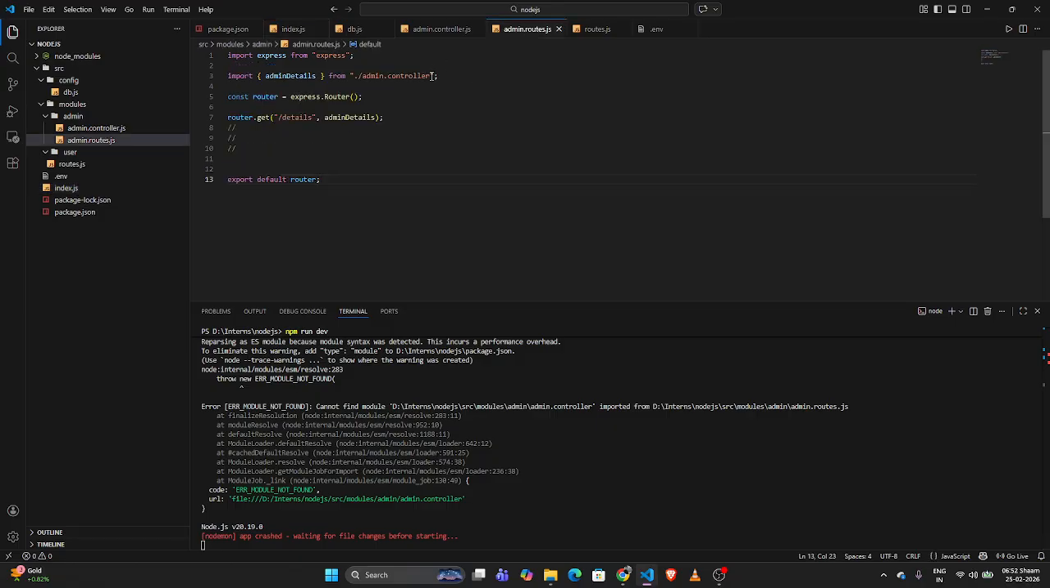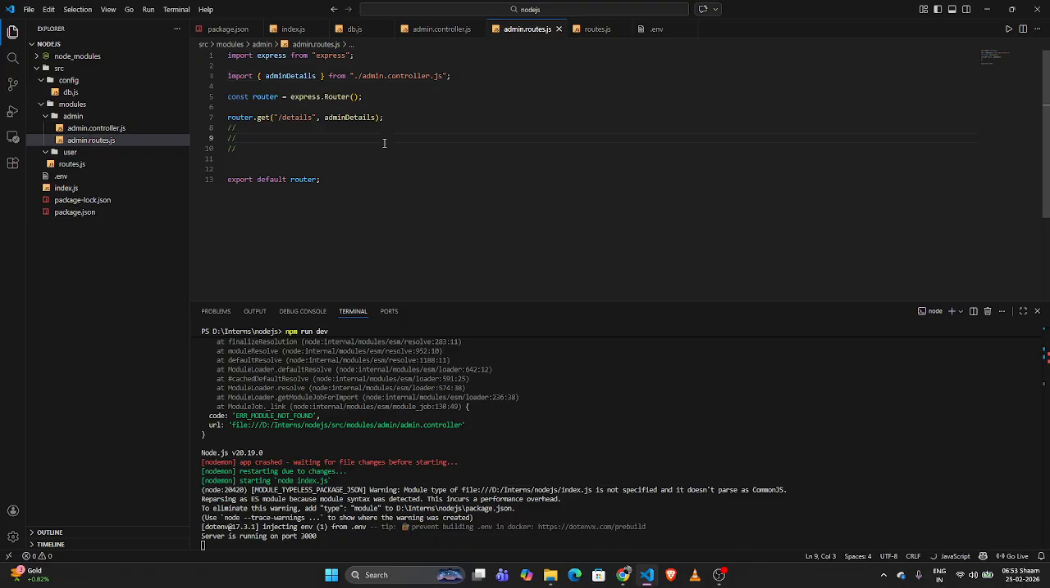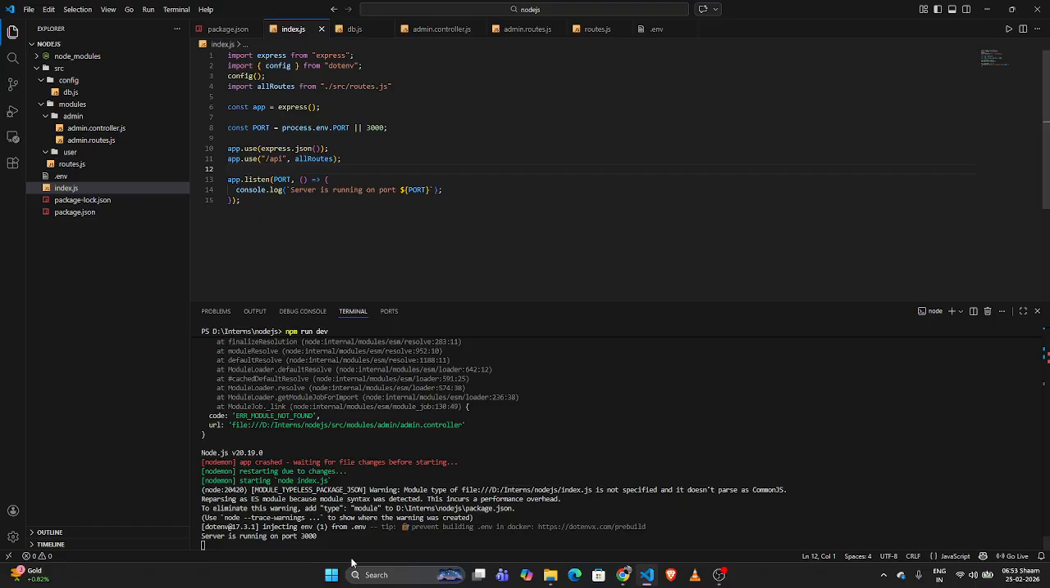Okay, this is one more problem. Yes. Whenever you are working, you have to put .js also after that. That is one more hectic thing if you are working with JS files. So right now we created our application in the server, and now if you want to call the API,